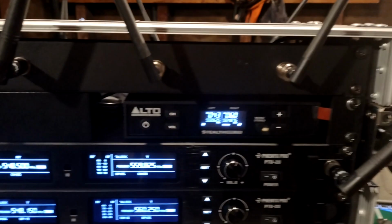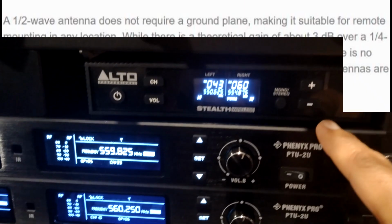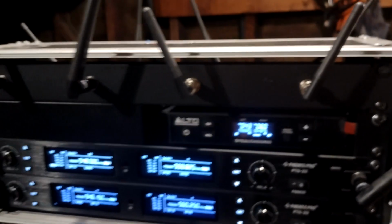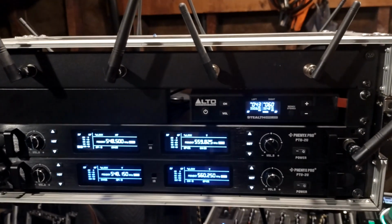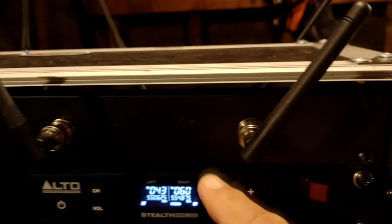But if you're planning on changing your quarter wave antennas to the longer half wave, you're really not going to get much of a difference, because the transmitter here is tuned for a quarter wave antenna. Same thing if you have quarter wave antennas on your wireless microphones. If you start monkeying around and putting a half wave antenna on it, the way it was designed isn't going to be fully accomplished by the manufacturer. Like